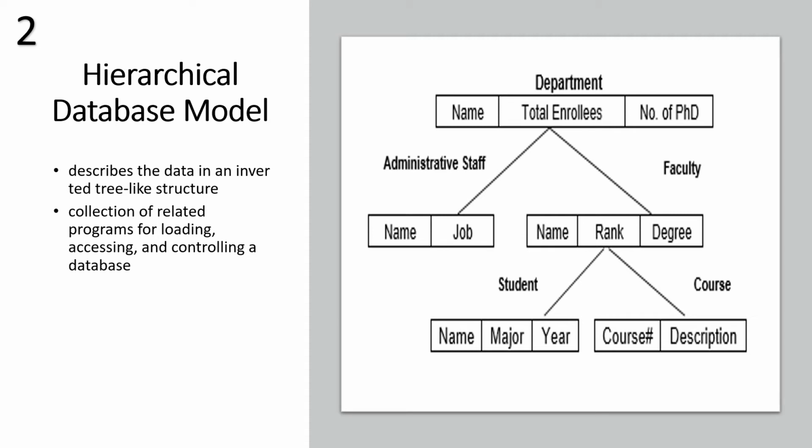Hierarchical data model: a collection of related programs for loading, accessing, and controlling a database in which the data are organized, likely as an inverted tree with a series of nodes connected by branches. In the hierarchical database model, all relationships among records are one-to-many or one-to-one, since each data element is related to only one element above. The hierarchical model is similar to the network model in the sense that the data